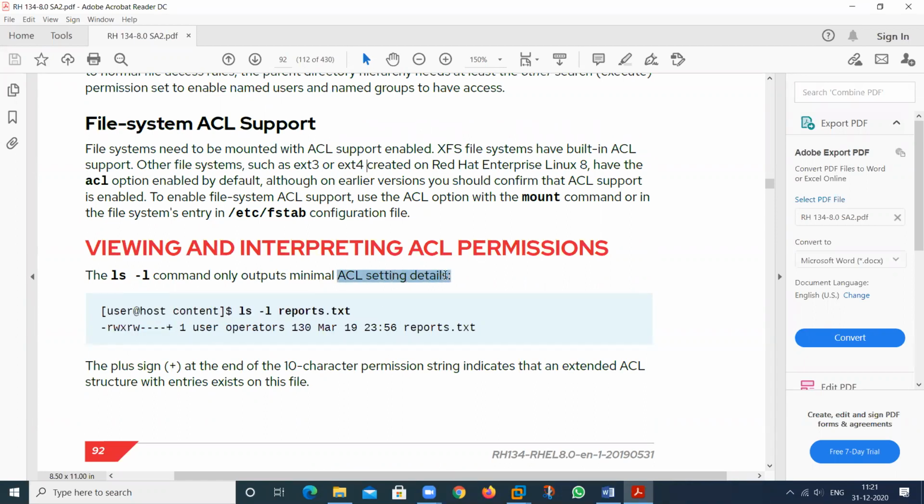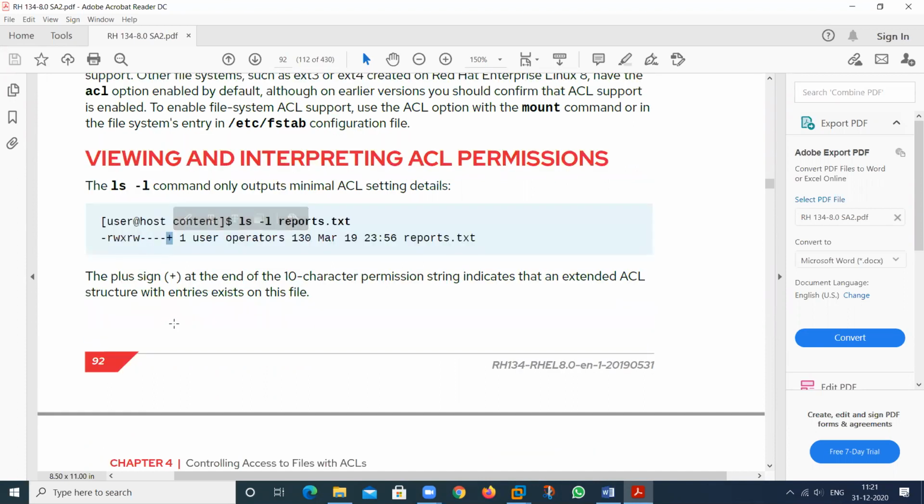So if we want to check the detail about the ACL, we can also use this particular command. This plus sign indicates this particular file has the ACL value. It means it has ACL permissions. If I have a dot here, it means there is no ACL applied on this particular file or folder.